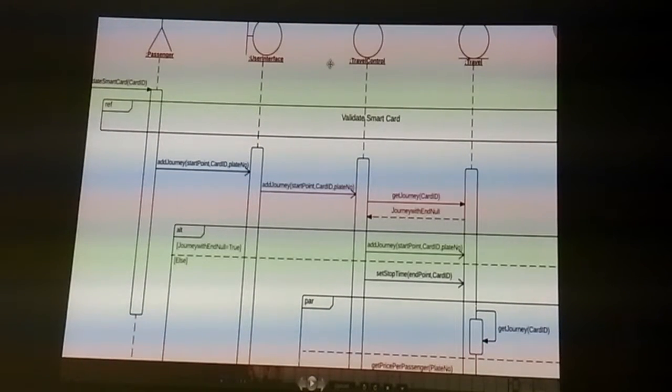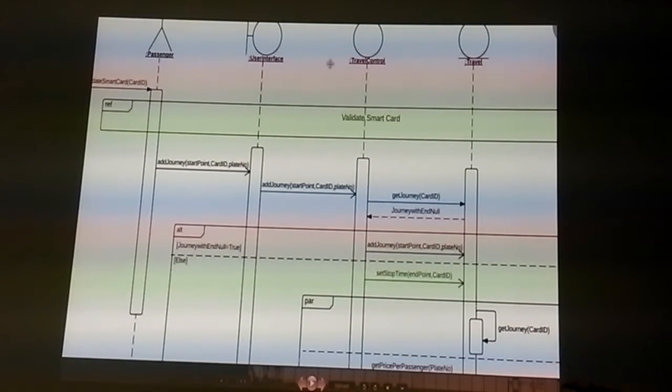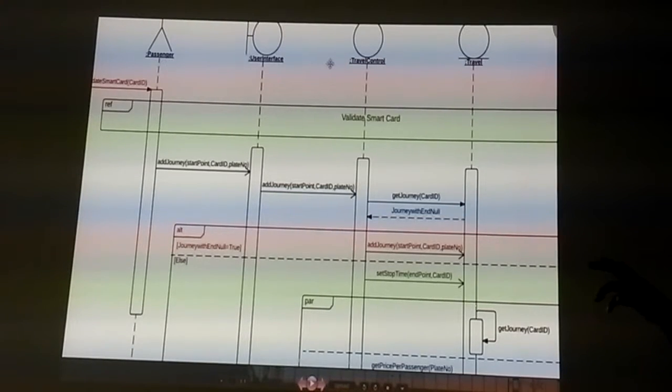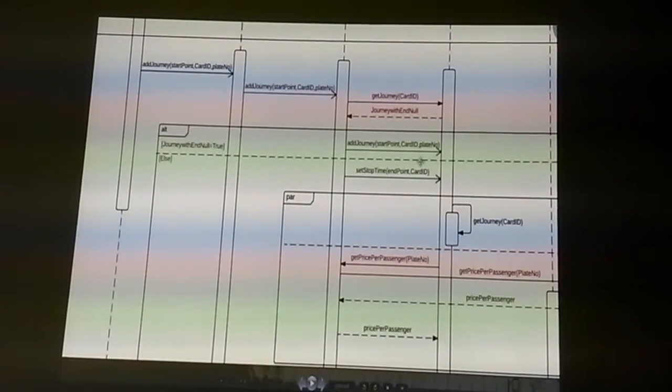If that is false, that means he is at the end point of the journey. Then the set stop time method in the travel class will be called. Then it adds the endpoint details to the system. Then a parallel process is going to happen. In this parallel process, while